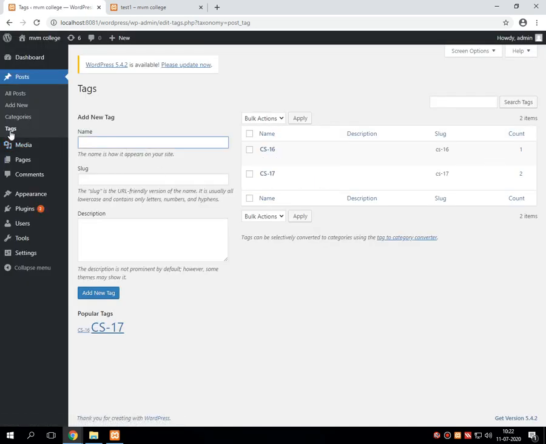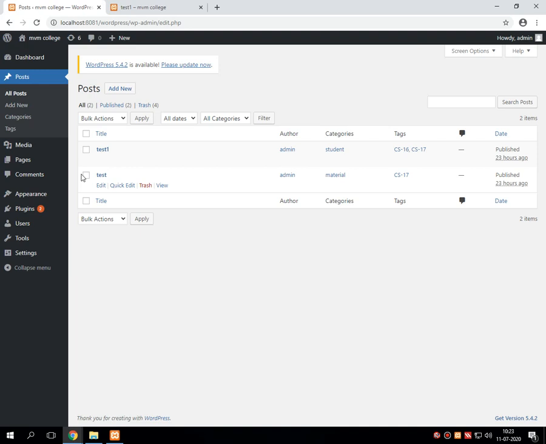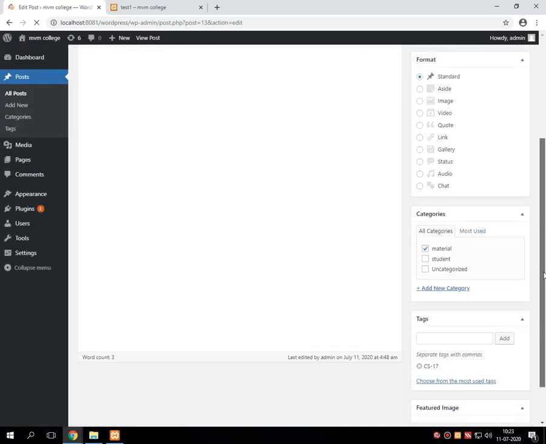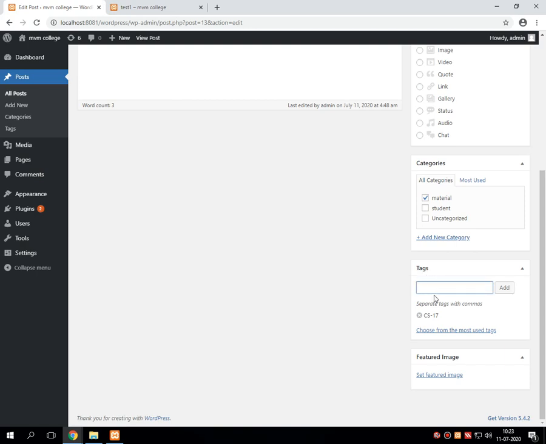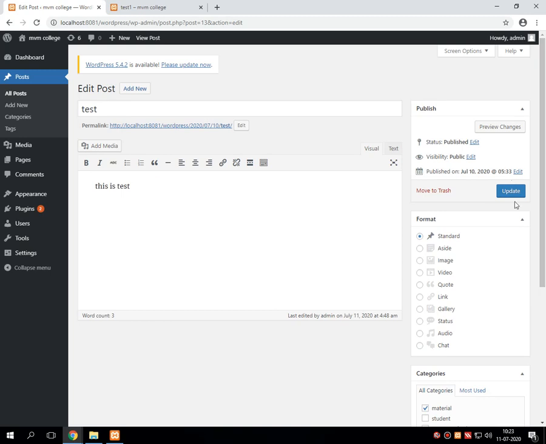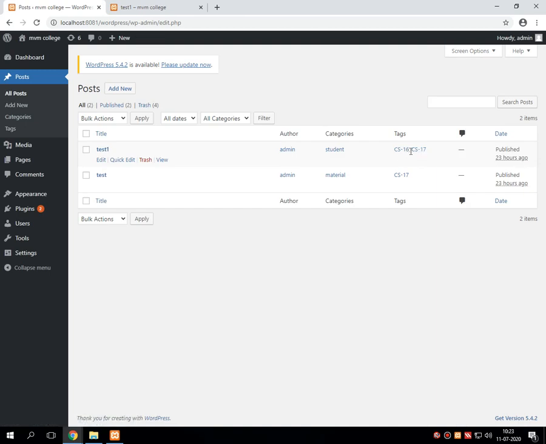For creating the tag, go into the tag window, type the tag name, press the button called add new tag, then in the post, select the particular post, press edit, scroll down and assign a particular tag from over here and press the add button, then update the tag. It will automatically display in the tag section.